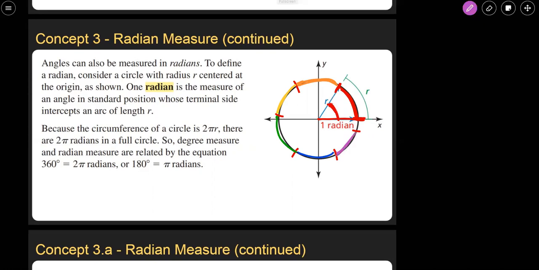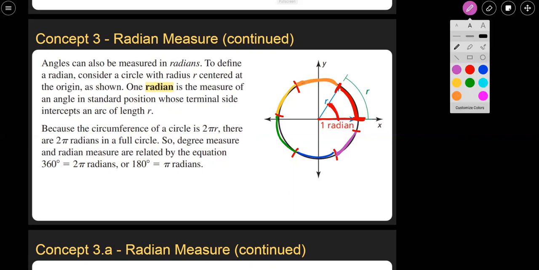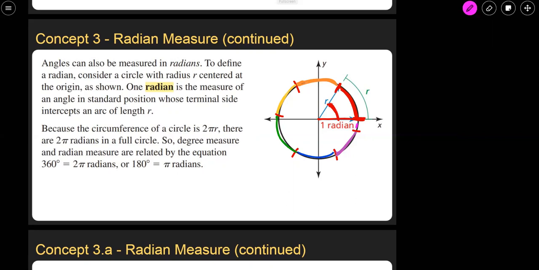This is obviously not perfect, but 6 radius lengths would get me almost all the way around the circle, and that last little bit would be like 0.28, because the distance around a circle, the circumference, is equal to 2 times pi times the radius. Well, we know the radius length, so we're going to use 2 pi quantity-wise of these radii